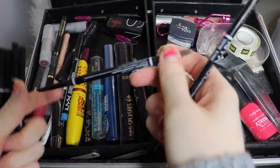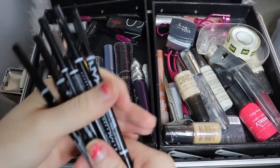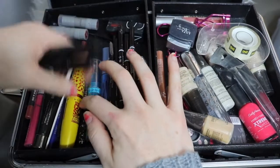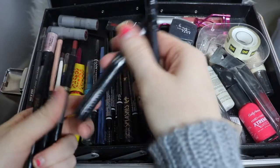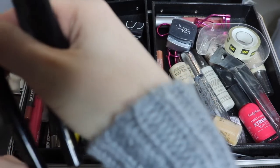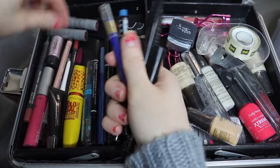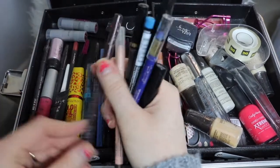Some of these spoolies on the end are kind of dirty because I've lost the tips to them, or the lids, but I don't use those anyway because that's cross-contamination. And then I've got some eyeliners in here. I've got anywhere from Kylie Cosmetics. I have NYC, a L'Oreal, more L'Oreal, and then NYX. Got another L'Oreal in here, and then I've got Aveda brand stuff, more NYX,